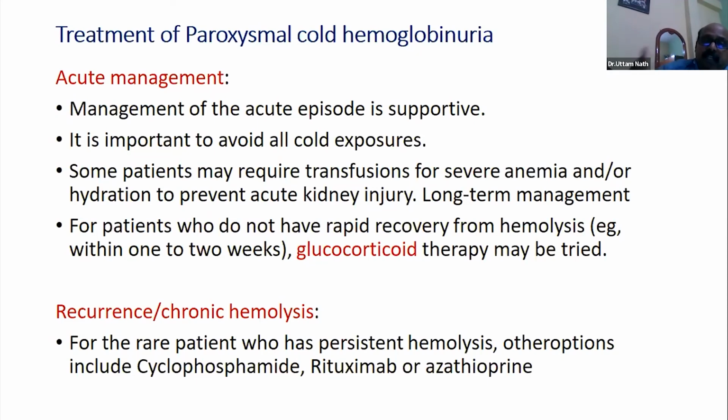If there is recurrent or chronic hemolysis in PCH, which is rare, the patients may require other treatment like rituximab, azathioprine, or cyclophosphamide. So here I come to the end of my talk, and I have tried to make it